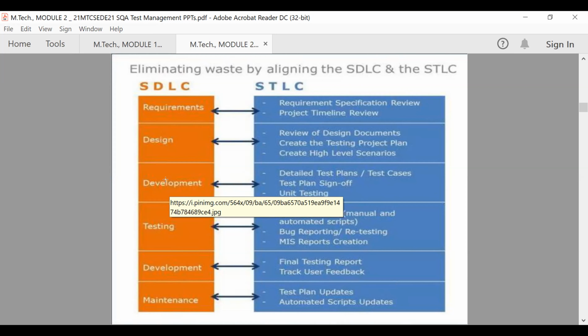The same way in a testing life cycle also, we have the typical stages like requirement specification reviews. First, we need to identify in software testing what requirements we need, and we have to conduct review meetings and finalize the software testing requirements and the timeline, how much time we need to perform each and every test case, and each and every module should be fixed through the review meetings.